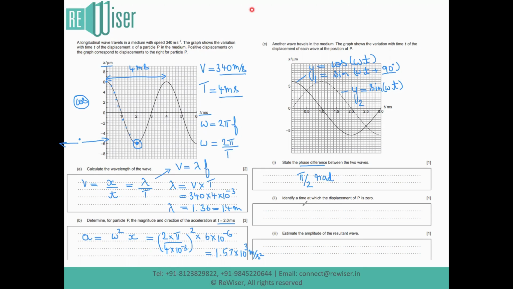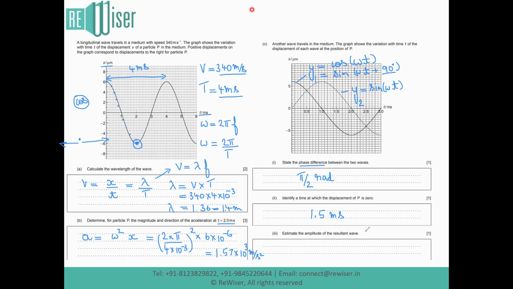Moving on, we also need to find out a time at which displacement P is 0. The time instant at which the displacement P is 0 can be observed from the graph to be exactly at 1.5 millisecond. Moving on to the next part, estimate the amplitude